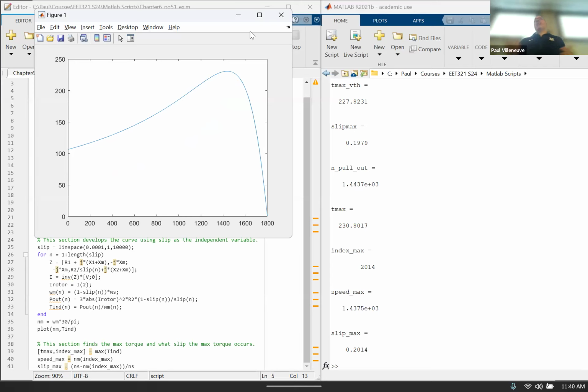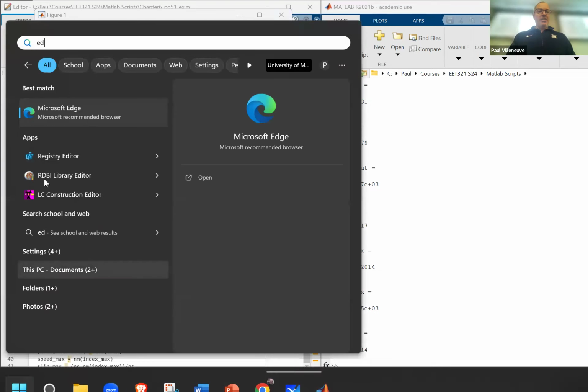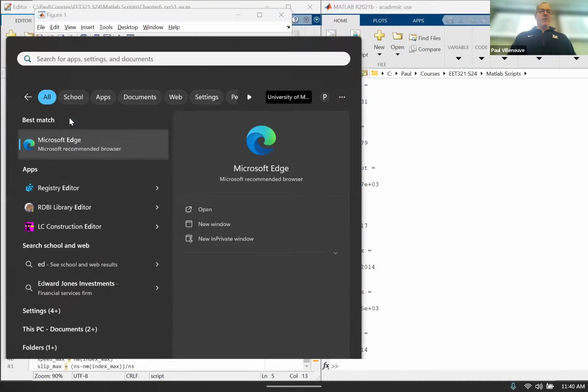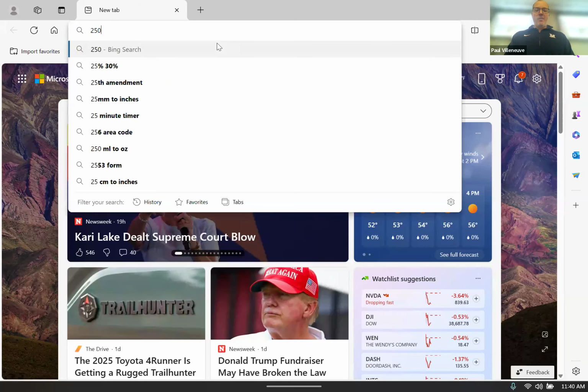So this is why we kind of picked, or the NEMA, which is the National Electrical Manufacturers Association, I think, they come up with the standard for motors and generators. They actually have a standard called MG1, which has a lot of the details. But they come up with NEMA Design B, which is the best design for overall applications. So if you do an edge search, let's look for a 250 horsepower three-phase motor, but we don't have to, we already know it's a